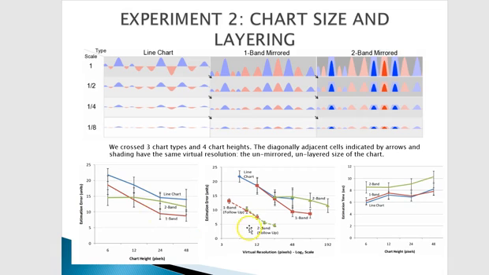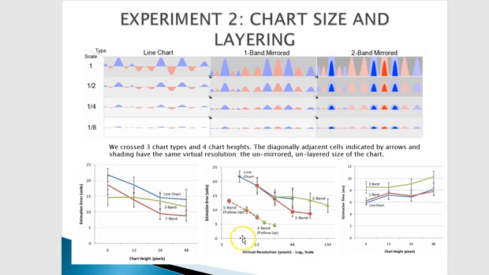And for the second result, they found the estimation accuracy of chart types by their virtual resolution, as they successfully decreased the chart height by two factors. We plotted virtual resolution on a base-two logarithm scale. For large visualizations, the plot shows the error level is stable. At lower resolution, the error rate rises in a smaller manner across the charts, while the two-band mirror charts have greater baseline error rate. It also has a greater virtual resolution at given chart heights. It is according to maintaining the baseline error of the charts in which it is done.